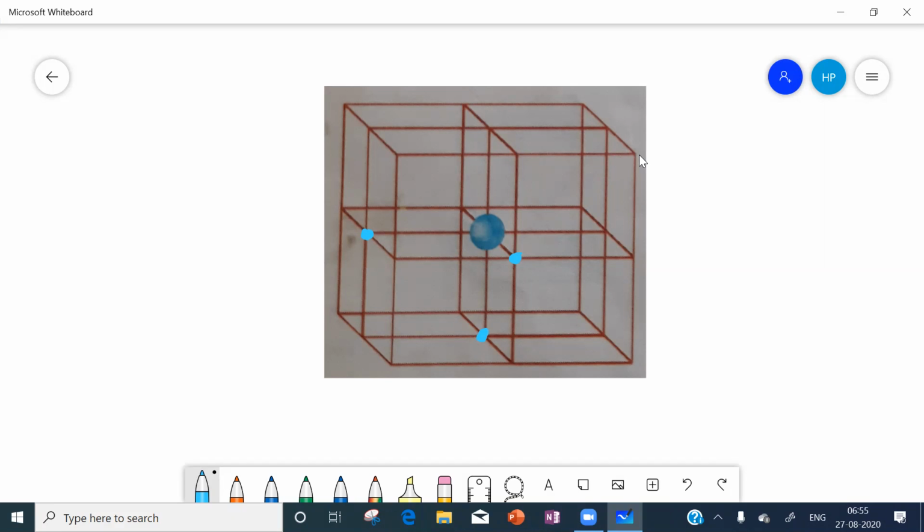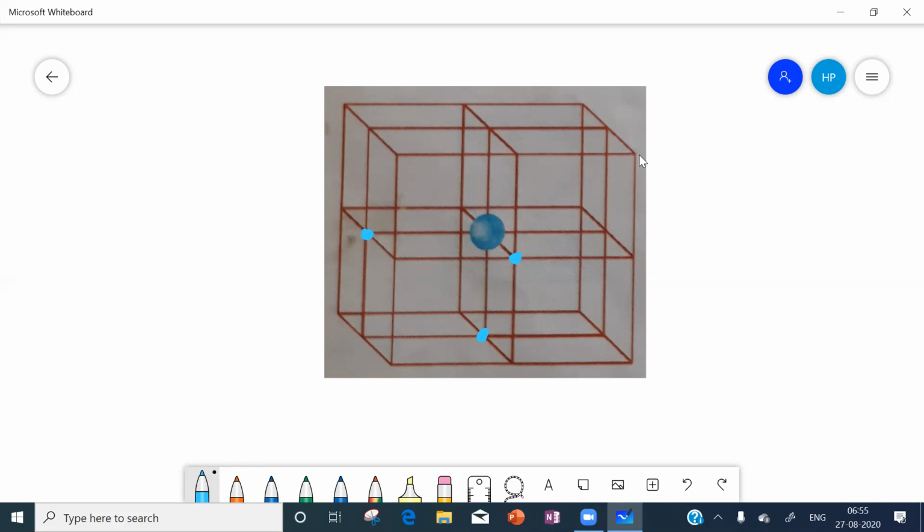For FCC, we said layers in a cross manner. Like this you have to draw a layer. How to draw a plane? You draw a plane in which these 3 face centers will be there. Can we draw or not? You draw a plane in which this face center and this face center will be there. How will that plane go? That will look in a cross manner or not? Like this only you have to consider layers for FCC.